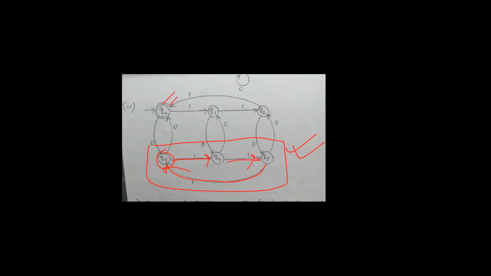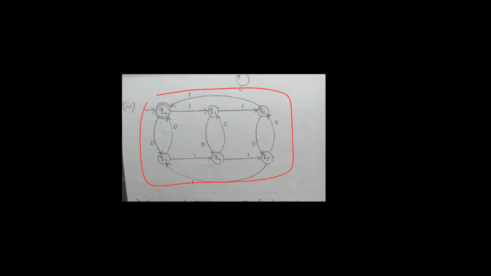Okay, and remember, when you are constructing something separated by 'and', in this case the condition is even number of zeros and number of ones divisible by 3. When there is an 'and' condition like that, you have to draw this way for all the states. Okay, that is the scenario for the third one. Now just all of you please write this question. All of you, question number 2.